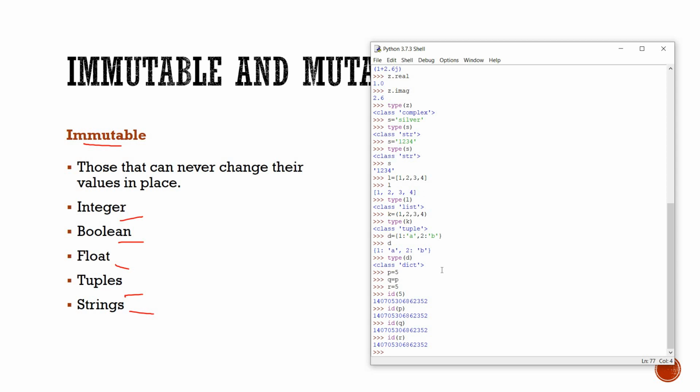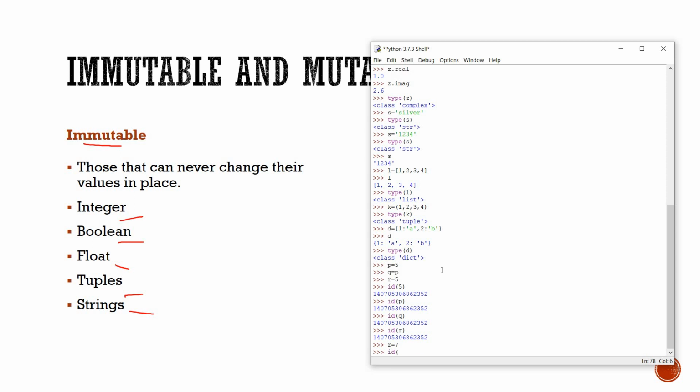Now what happens if I change their value? Okay, r is equal to 7, I am doing it here. Now I am checking the address of r. So the ID of r changes, it ends with 416. So you can see it is clarified that variable names are stored as references to a value object. Each time we change the value, the variable's reference to a memory address automatically changes. That's why they are immutable. They are not changing the value at the address, they are just referencing another one.